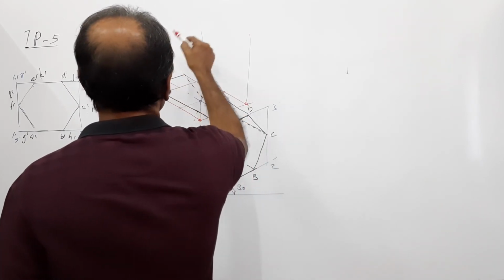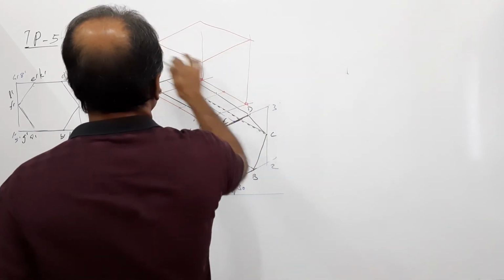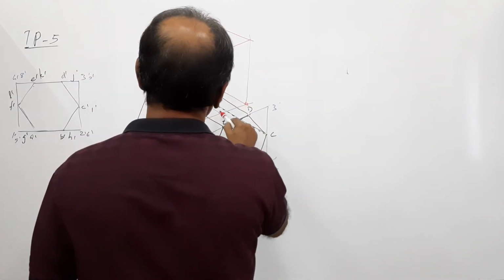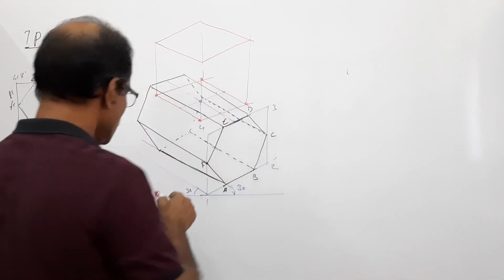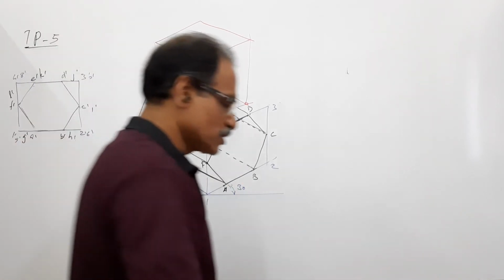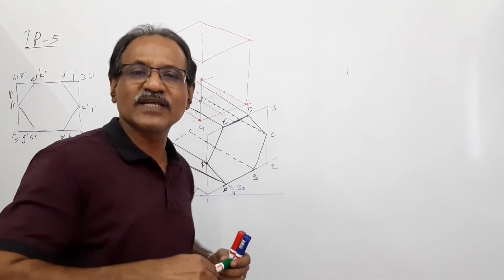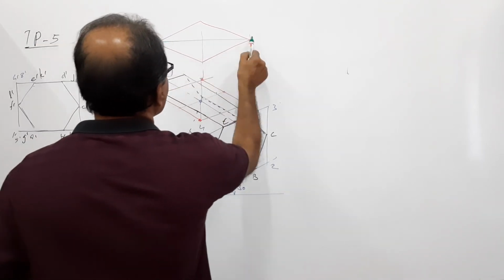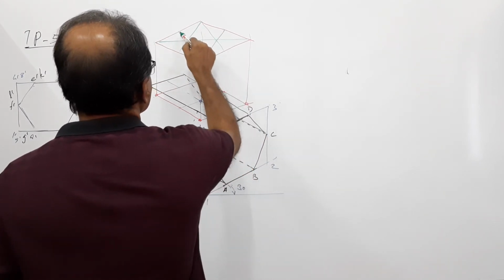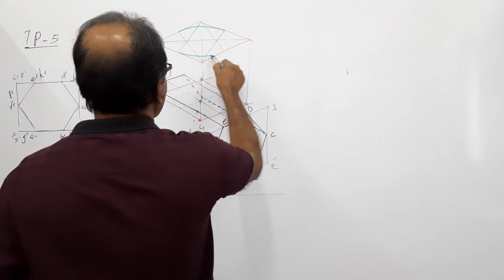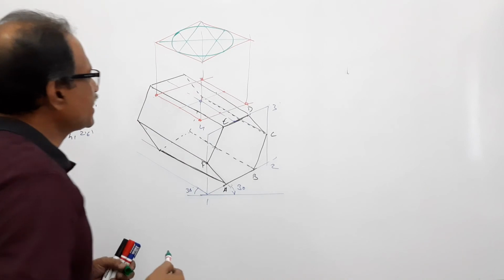Take 60 up from all the four corners. You get another rhombus on the top. In the top rhombus, draw an ellipse. What does the ellipse represent? The ellipse represents the top circular face of the cylinder. How do you do that? Draw the larger diagonal. Join the obtuse angles to the centers of the opposite side. Draw an arc. What do you get? You get an ellipse.